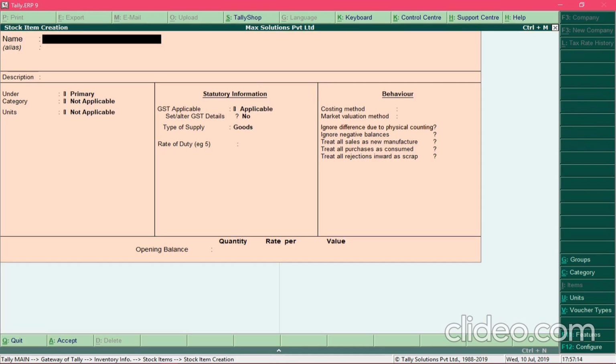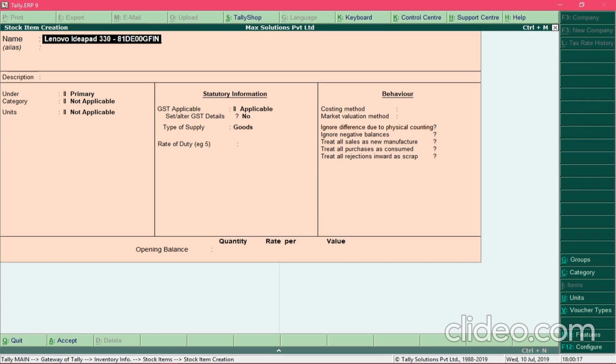It's a laptop from Lenovo, and its model number is... So it's a good practice to suffix your product with the model name, because Tally won't accept the same name for the product. So I cannot create two products with the same name as Lenovo IdeaPad 330. If there is another laptop which is also an IdeaPad 330, then you can differentiate that product with the model number, because two products would probably have different model numbers.